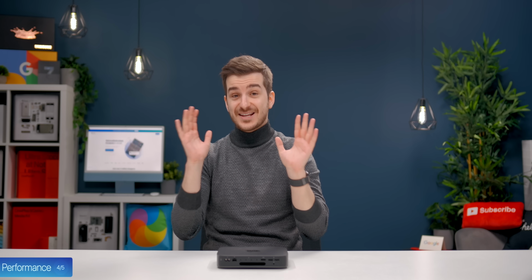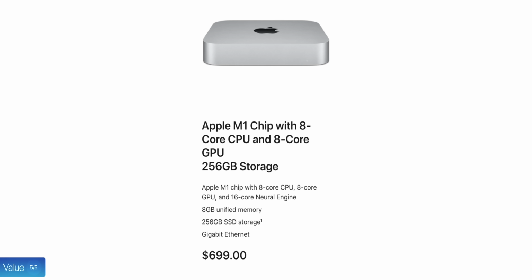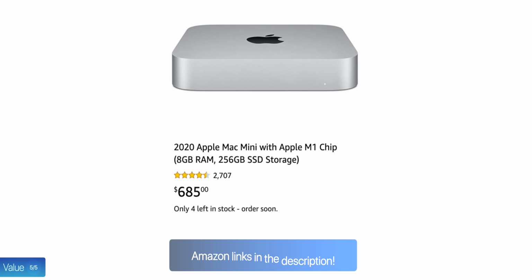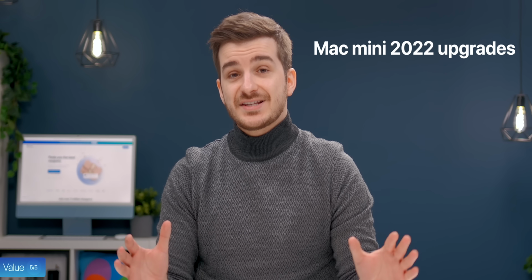But by far, the best thing about a new Mac Mini is the value. You see, right now you can buy an M1 Mac Mini, this is the Intel model by the way, but you get the idea, for as low as $700 or even less if you buy it from Amazon, link down below. The M2 version is rumored to start from the exact same price,